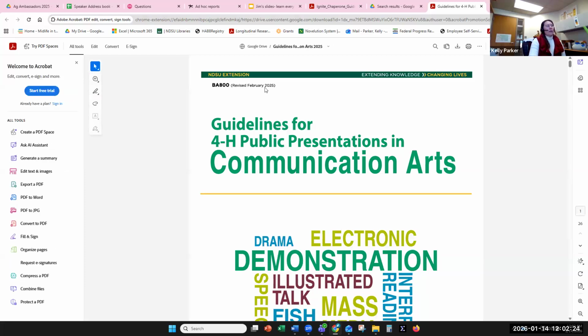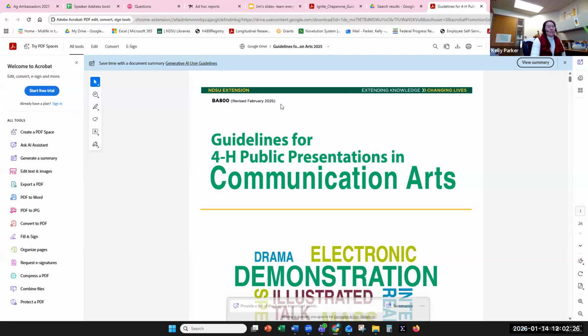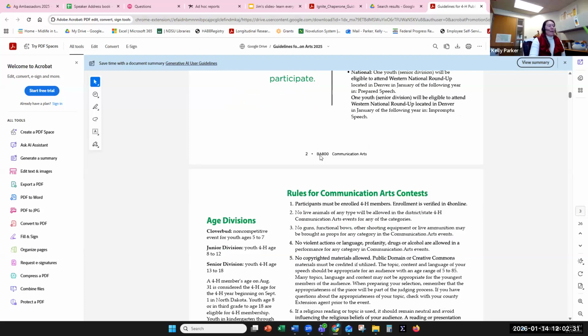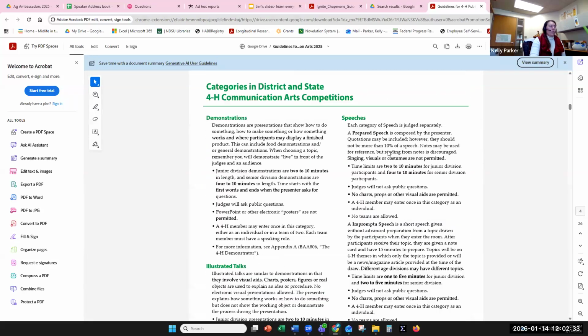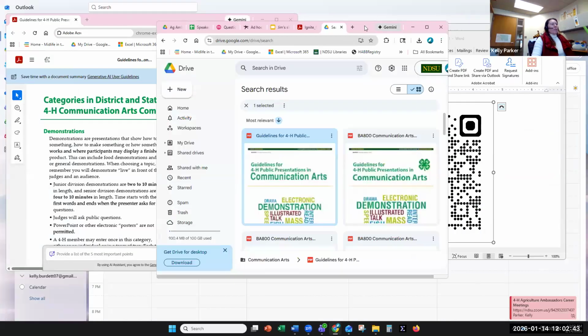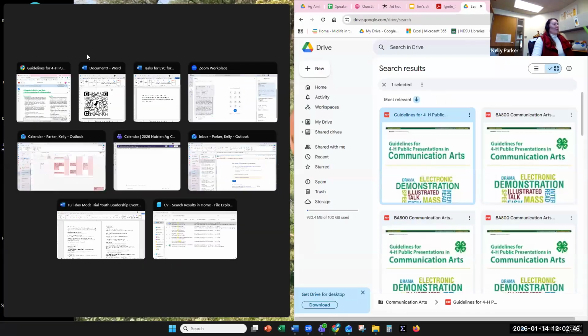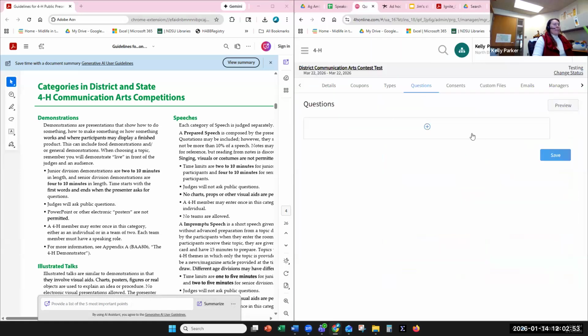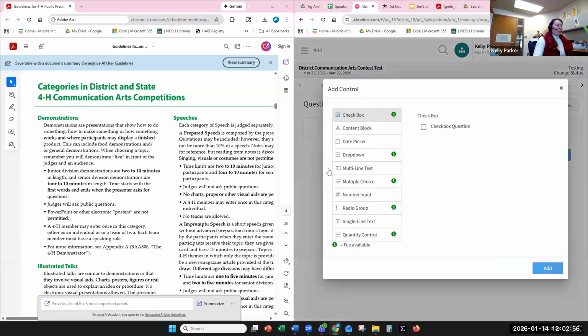Okay. It should say revised February 2025. That is the most recent version. So then you can actually, in your questions, create a type or a question for each of these categories. So what I'd recommend doing is opening this in a separate window or a separate tab, and you can make your windows use the nice Microsoft feature where you can have it click to the guidelines on the screen. And you can go in here to your question type, and you can say with a multiple choice option,